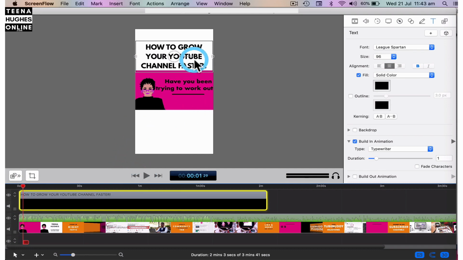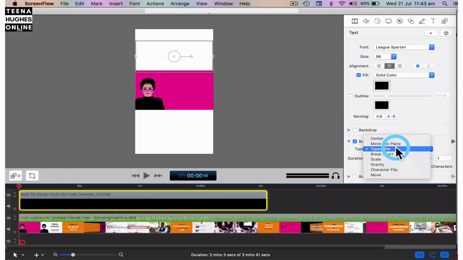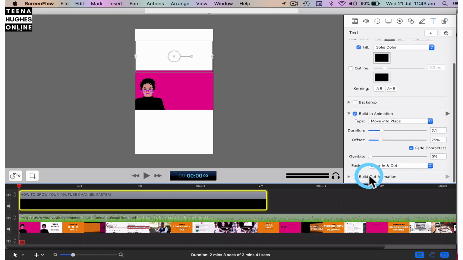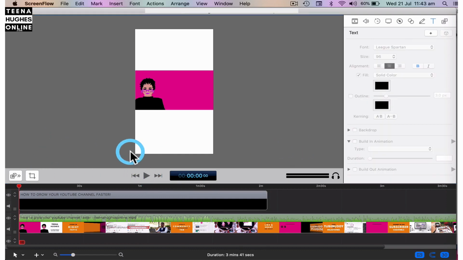Now, because I've already got that text coming in at the same time as the other text, I'm going to change it from typewriter to move into place. And this time I might make it 2 seconds about, and offset, that means how far up do I want it to come from. So I'm going to add this to, let's see, we'll just drag it there and see what happens. Alrighty, so now when I'm back at the beginning of the playhead,